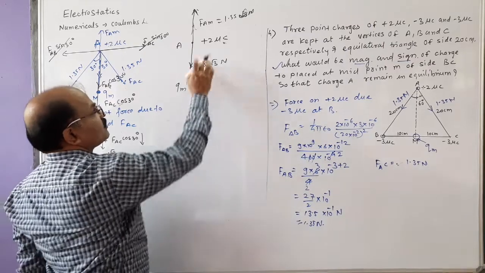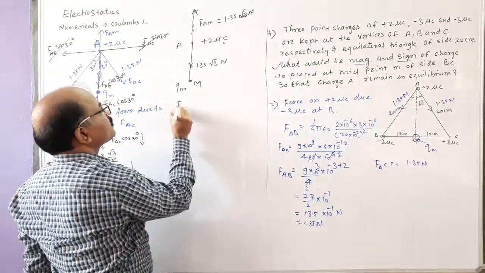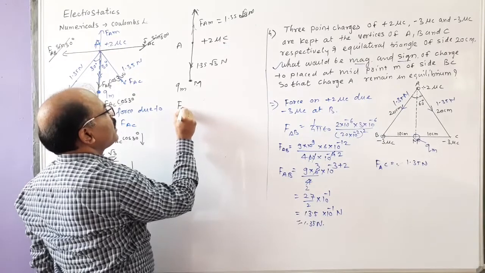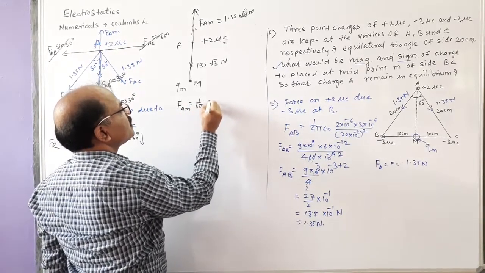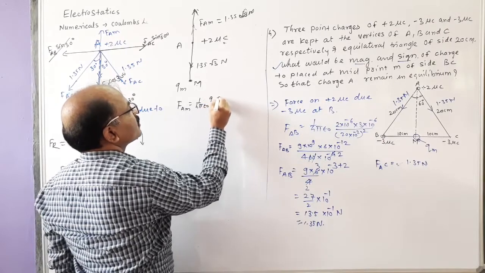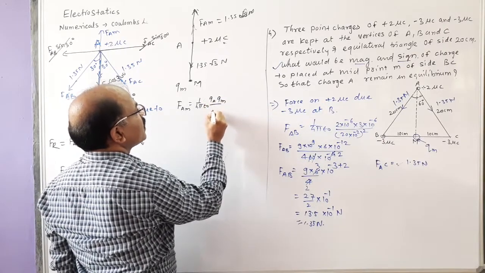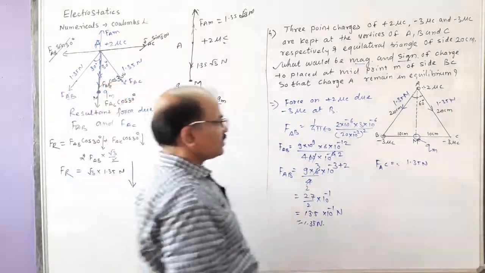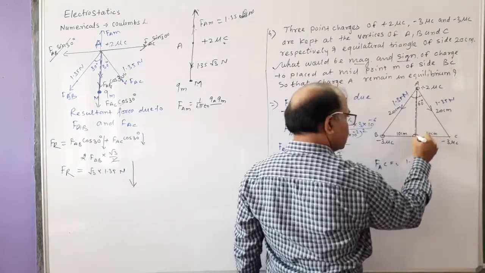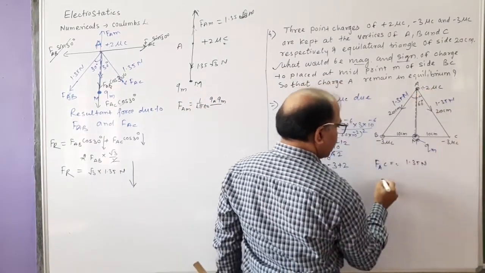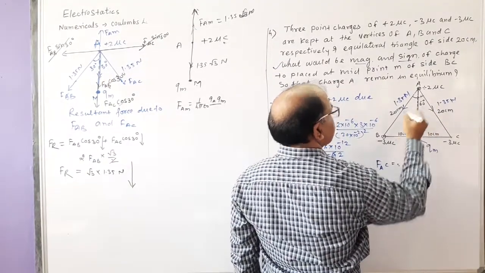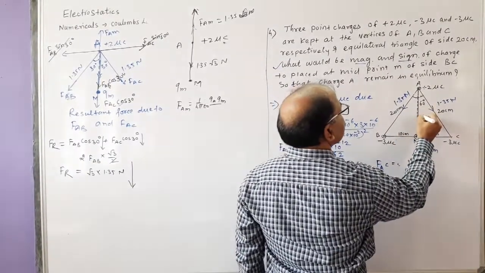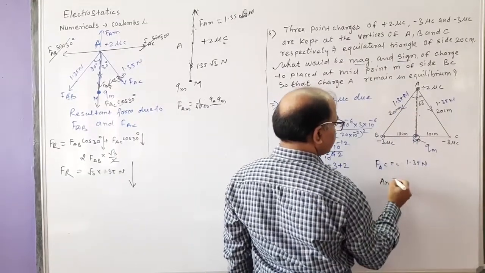So we can find out what is the force. This force FAM equal to 1/4πε0 QM divided by R square. R square means this is the distance, यहाँ से ये कितना डिस्टेंस है. तो AM इक्वल टू ये 10 है, AM तो हमें ये 20 है, तो हमें ये फाइंड करना है.